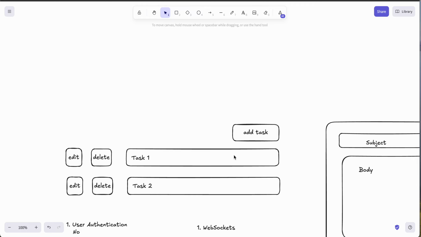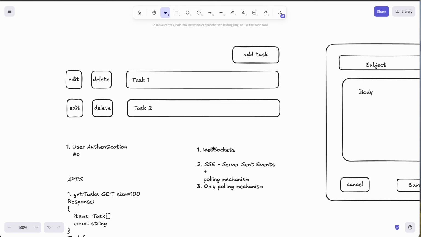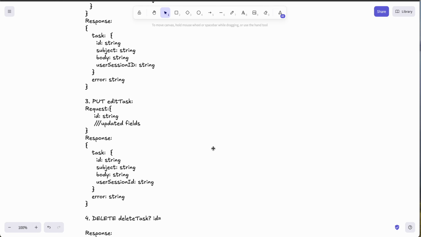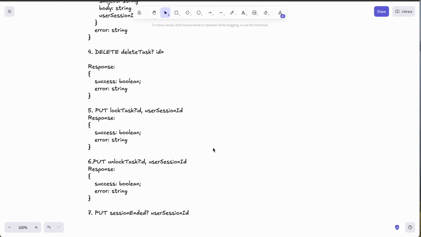If this client didn't send a heartbeat for some time, we will release all the locks that were taken by this user session ID. Okay, this is the part of the lock